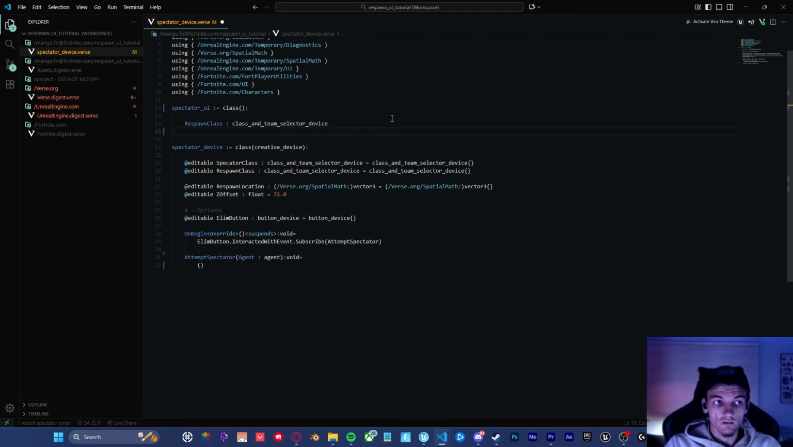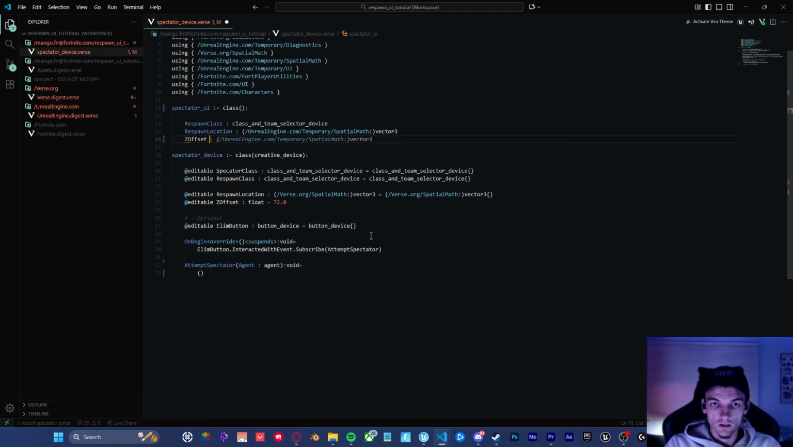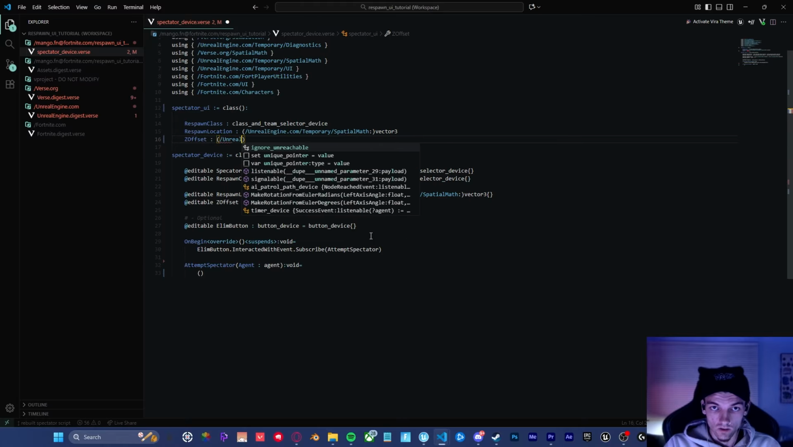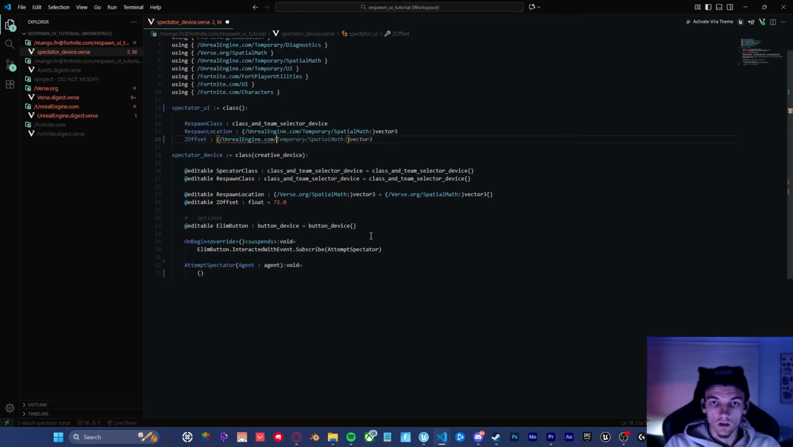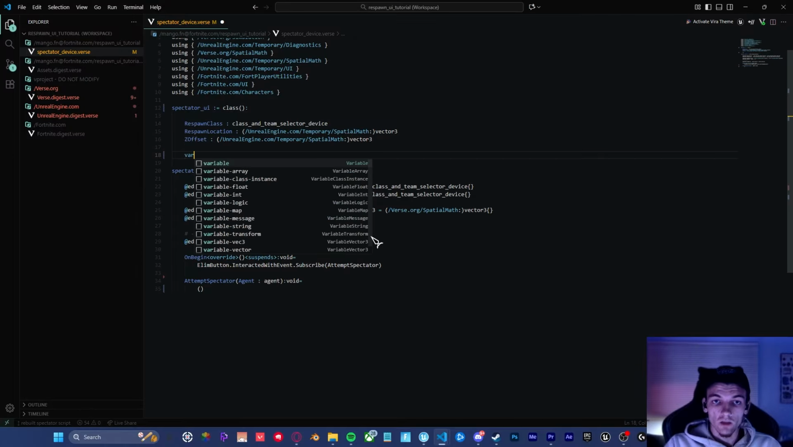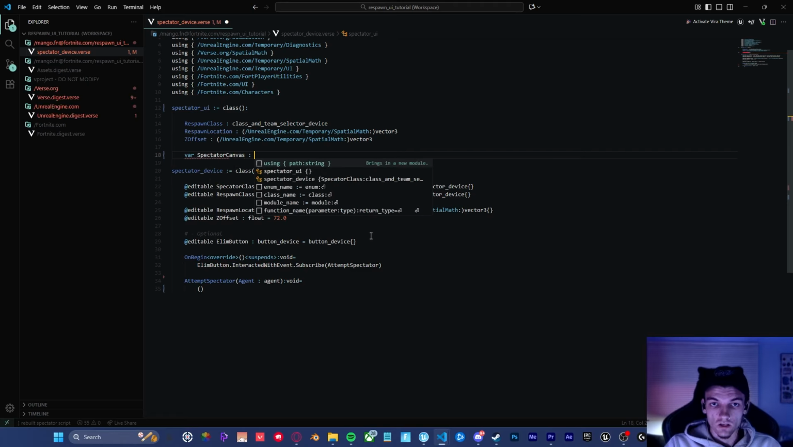And the next one that we have is a respawn location, and this one is actually of type vector3, using the XYZ coordinate, not the LUF. After that we have the Z offset, and this is just going to be the same thing as before, a float. Below that we want to have the spectator canvas, and this is going to be the actual